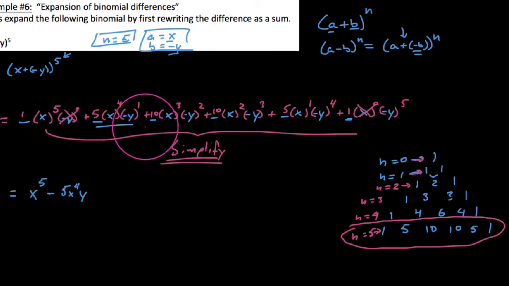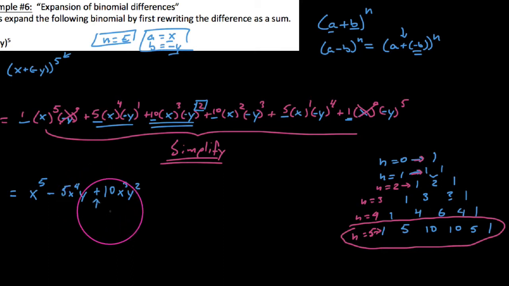So now looking at our next term in this expansion, which is this one right here, we say 10 times positive x to the third, so that's positive. We get negative y squared, but you'll notice that we're taking a negative thing to an even power. So this negative y squared just becomes y squared, and what we end up with for a term value here is this. We get 10x to the third y squared, where the whole thing is positive. Okay. Now looking at this next term, foreshadowing here a little bit, you'll notice that we get 10x squared, but we get a negative y cubed, and a negative y cubed comes out to be a negative y cubed. So positive times a negative, this whole thing is going to be negative, and we get 10x squared y cubed